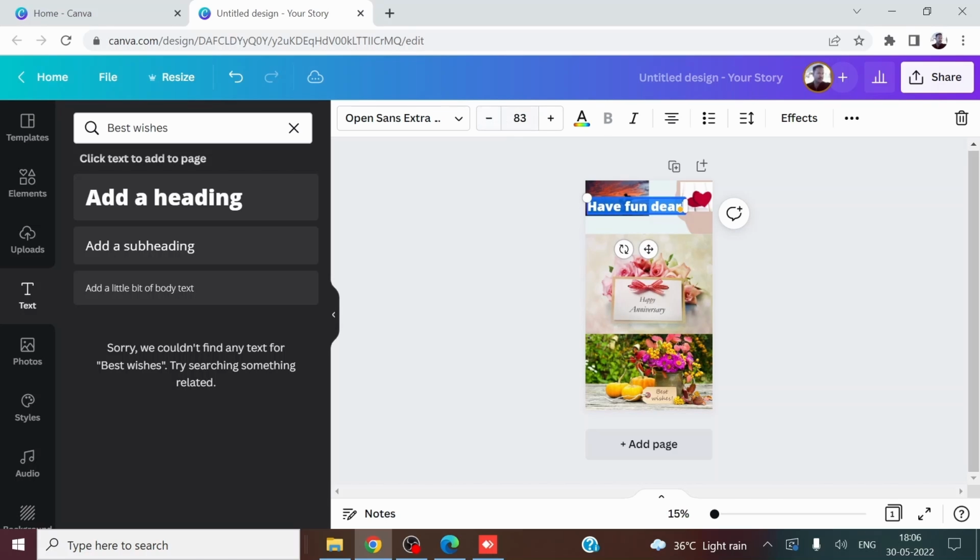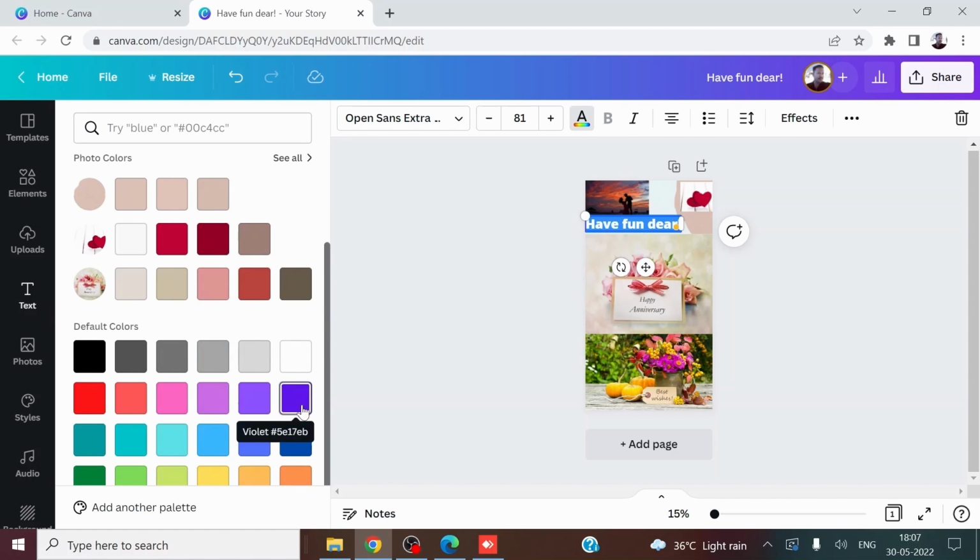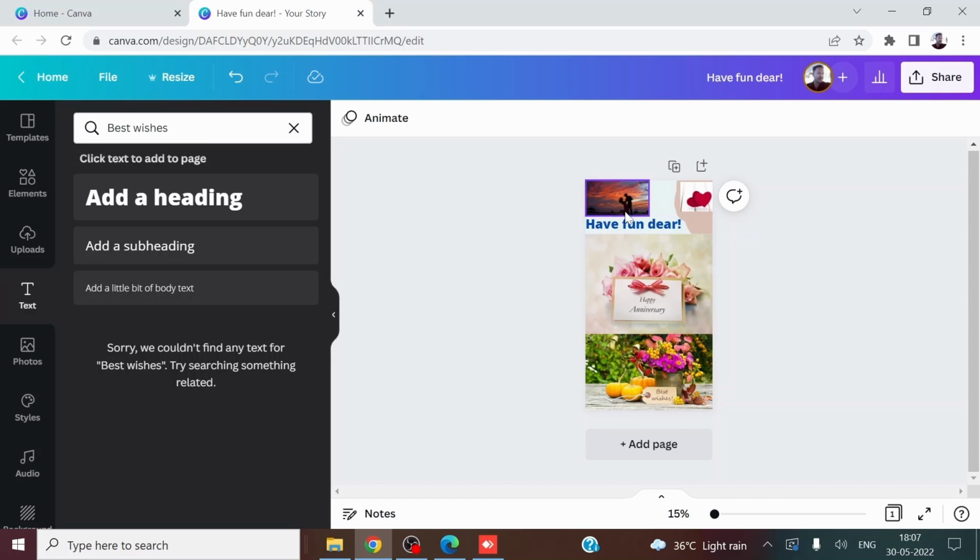I will reduce this. And then I will bring it a bit down, and I will change this color to some dark blue. Yes, the color has changed. So if you want to reduce the font size, you can just reduce. Yeah, very simple, guys. So have fun dear, happy anniversary, best wishes, and the photo on the top with heart